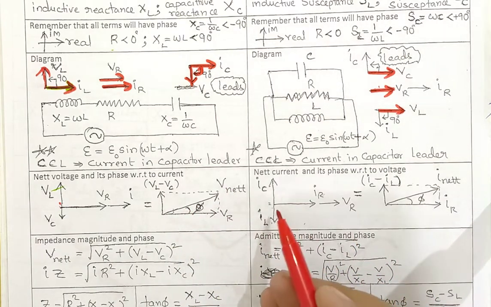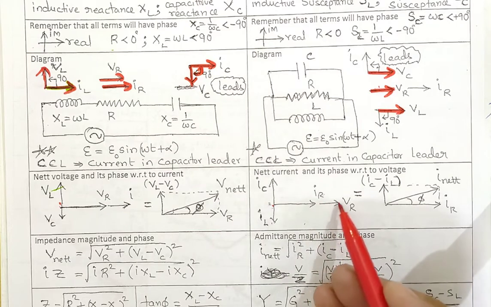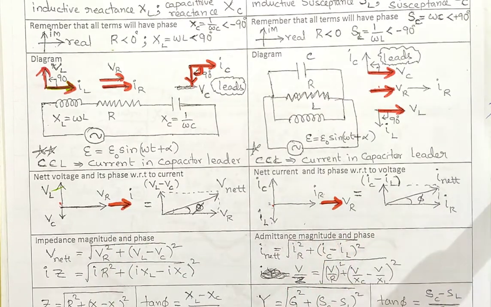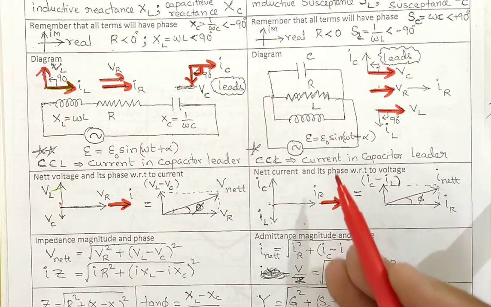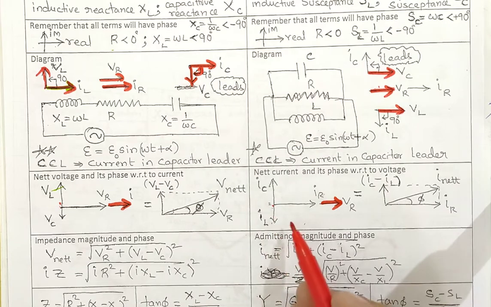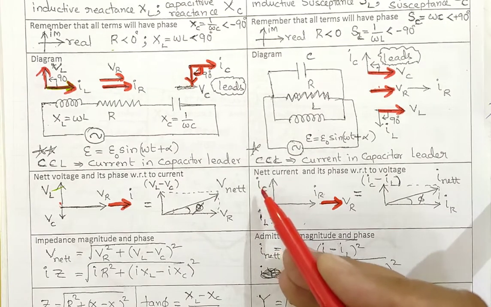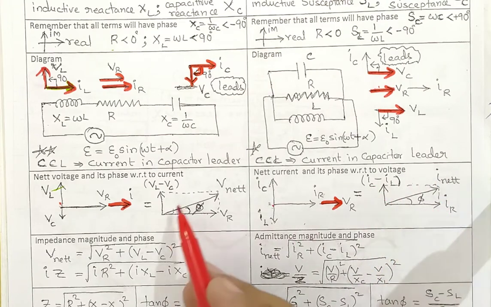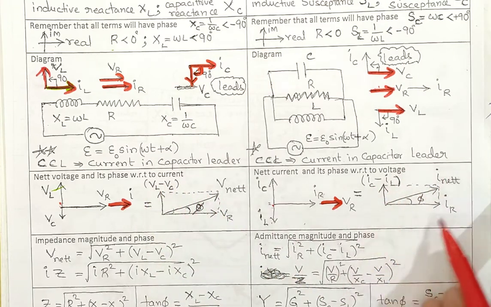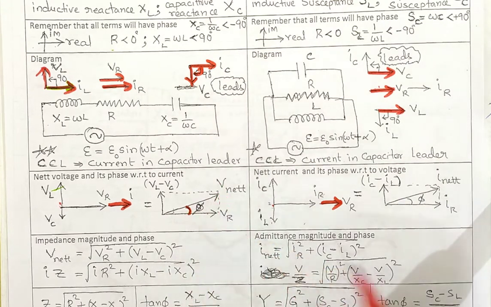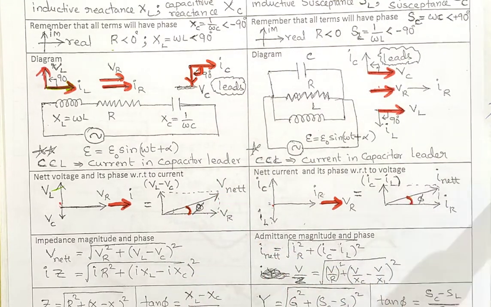Similarly, we take voltage as a base in alternating current in LCR circuits in parallel connection. Current and inductance we write like this. Here we take capacitor current to be more than inductive current, then we create a current triangle. Here we create a voltage triangle, here we create a current triangle. So this is the phase of the net voltage, this is the phase of the net current.